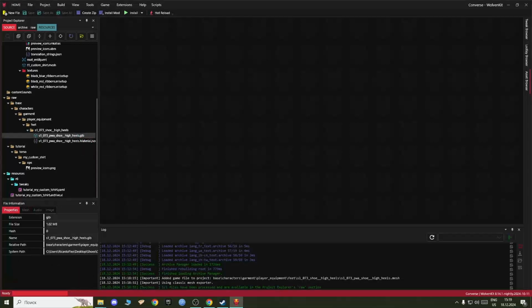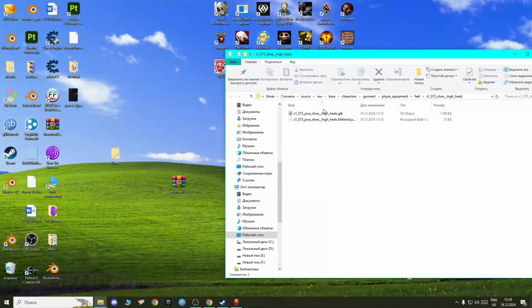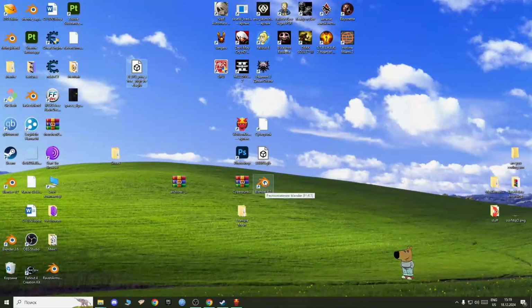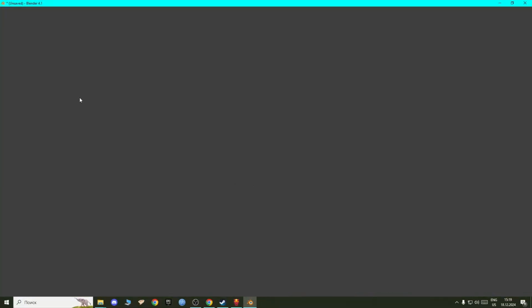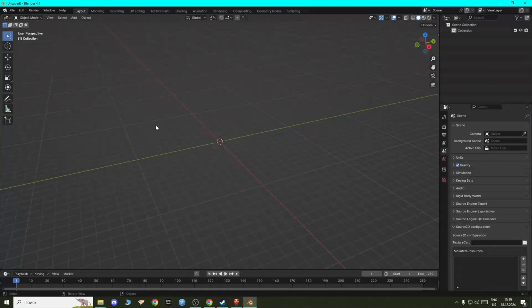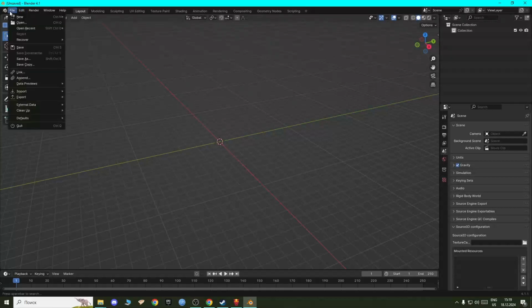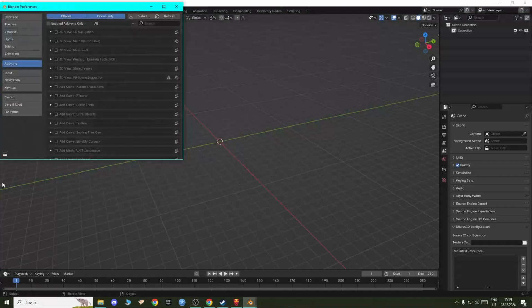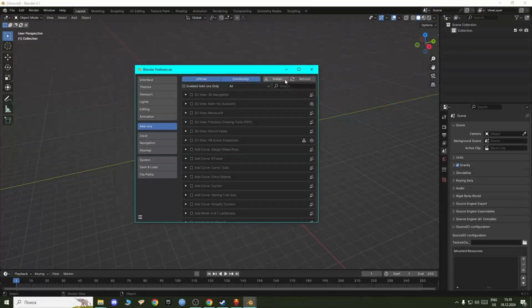So now you're going to open this folder, and you can see there's a GLB here, right? So we're going to extract this to our desktop or wherever you want, and we're going to start working in Blender. Okay. So let's open Blender, and now I'm going to show you how to install add-ons for Blender. If you've never opened Blender, I'm going to try my best to explain how to do stuff in the software. So first thing you're going to do, go to Edit, go to Preferences, and click Install here,